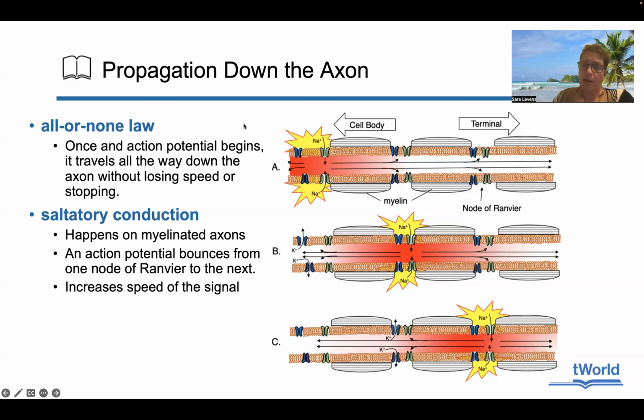The cell body is back this way, this is the terminal heading back down, you see the myelin right here, and the nodes of Ranvier. In this saltatory conduction, you have the action potential here, and this voltage change with the sodium ions coming in, then you basically can have this sort of jump. So instead of traveling all the way around, the myelin lets the voltage go,